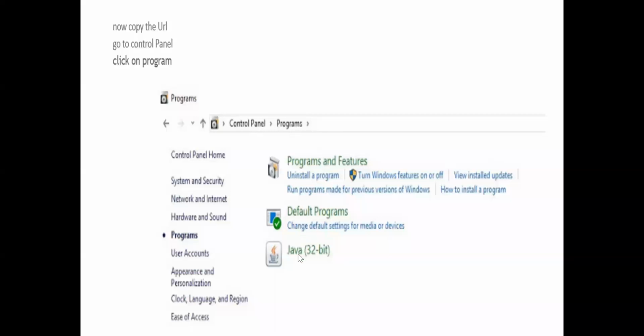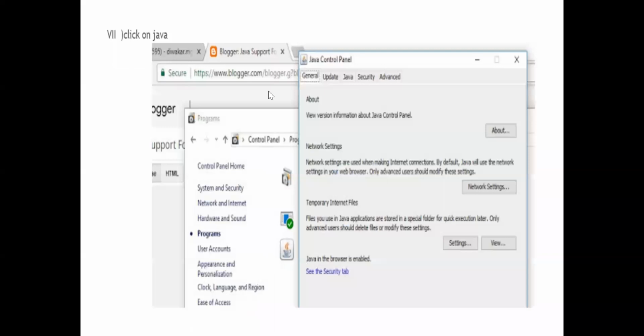In Programs, you can see there is Java, a 32-bit Java. Just click on the Java 32-bit and this window will appear. In the Java Control Panel, you can see that Security is there.